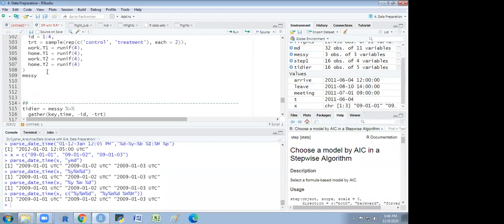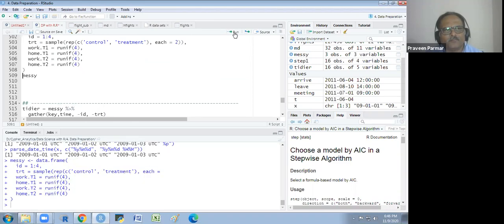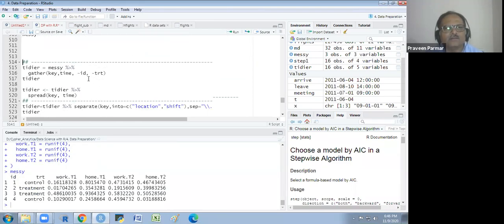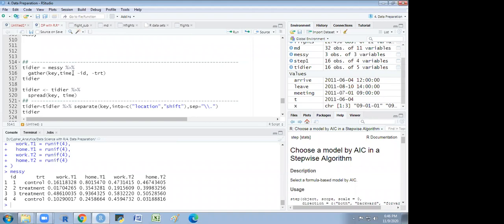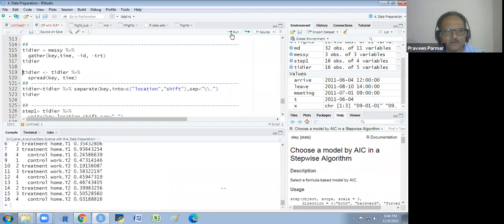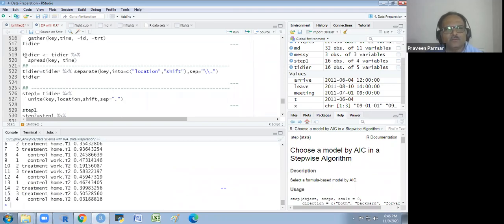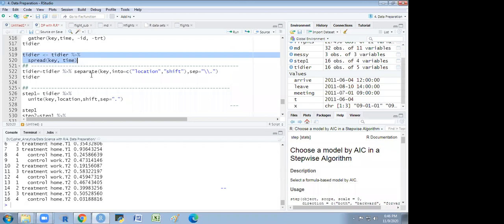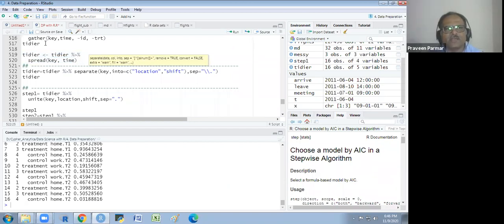You see here. First, I make this meshy. Yes, sir. And then what we are doing, we are gathering it. Okay. Yes, sir. And after gathering, you don't run this. If you are running this separate, I am applying on this idea. Okay, after gather, because I want to change the name, but I have not changed it.